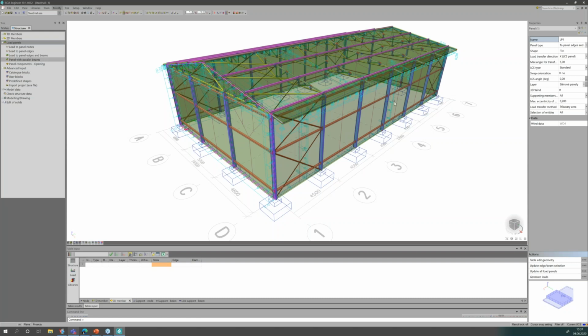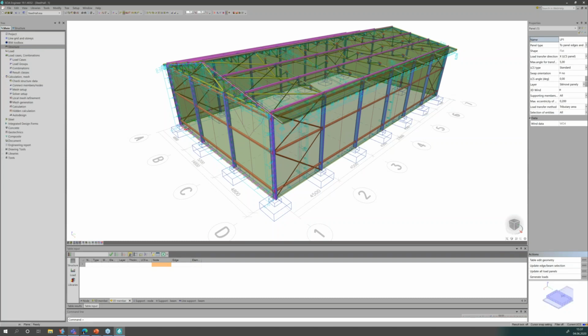So I have it done. I have my load panels, so I'm ready to go to the service load,